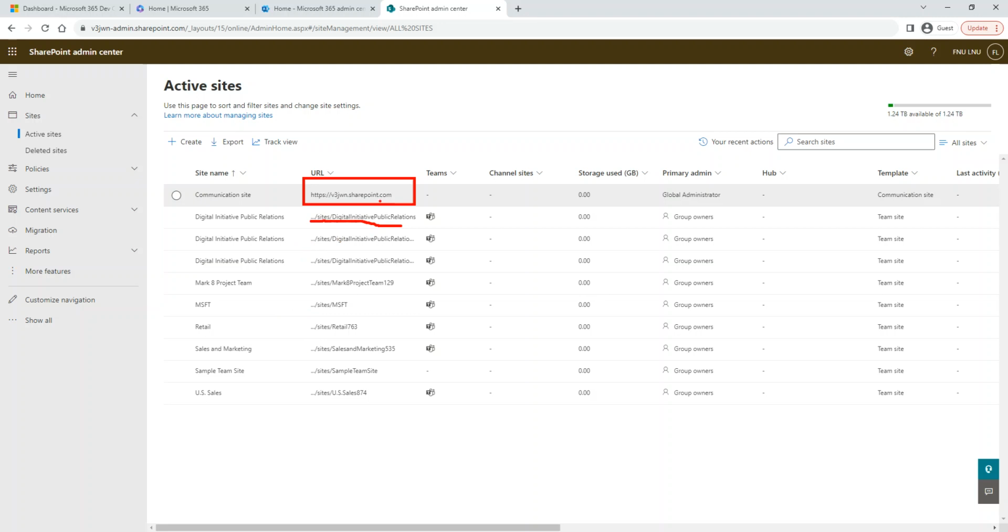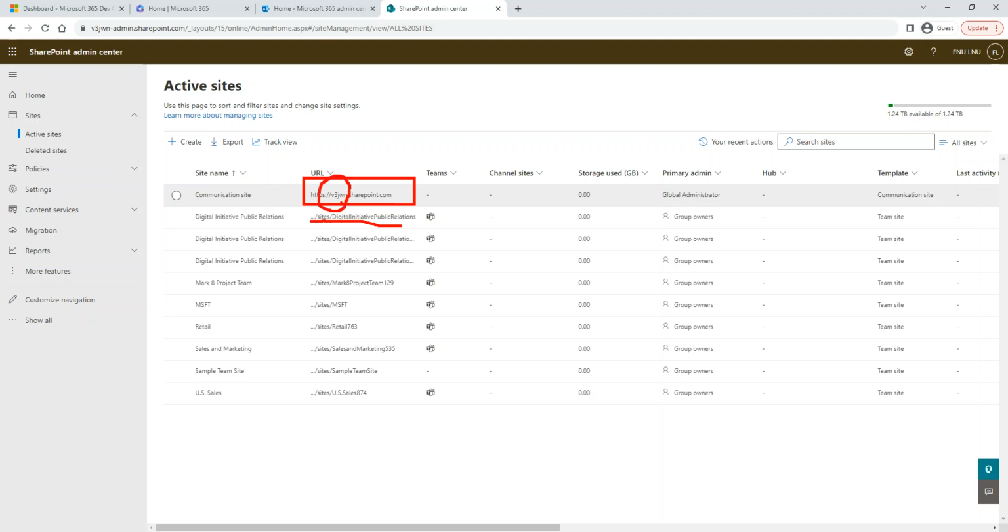So each one of them shares the same root tenant address. So this one I can see here says HTTPS, my tenant name, which is v3wjn wn dot sharepoint.com. Each one of you has the same or a similar kind of thing. It has that sharepoint.com, but you will see your tenant name.